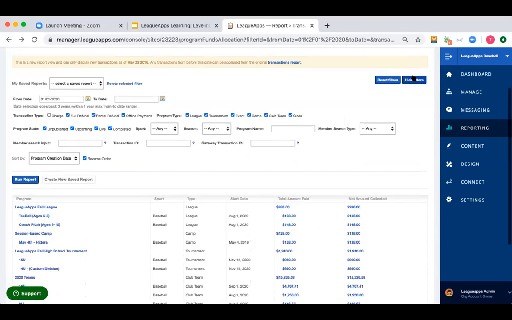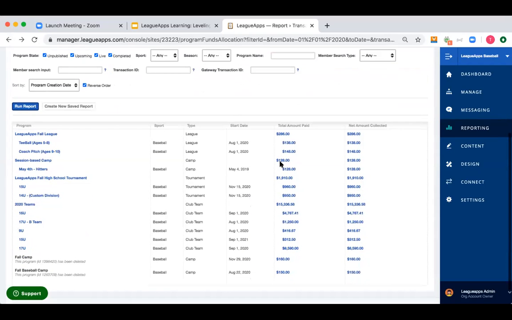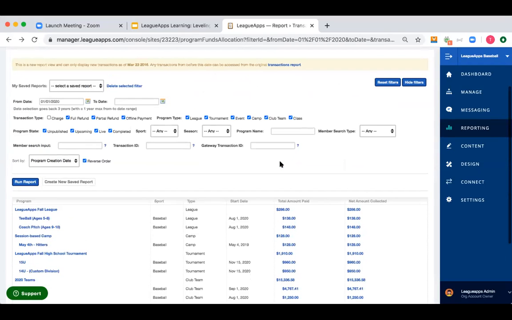You could filter up top very similarly to the transaction detail report actually, but this one's basically just a way of grouping that all together and viewing it more on a program basis versus just a simple, all the transactions coming in basis. And that would be a walkthrough of all of the 6 reports we mentioned. I wanted to throw it back to Joanna now. We're going to go through some questions that you guys had.